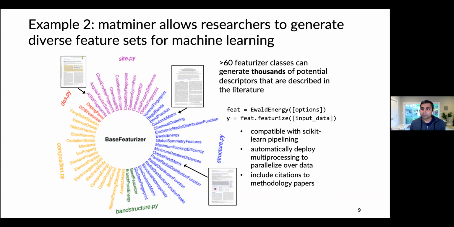The types of features that you would want to generate really depends on what type of data that you have. So for example, in the yellow over here is a composition class, and this, given any chemical formula, can generate different types of features, like electronegativity differences, a one-hot encoding of the element fraction, a featurizer related to the Miedema model for alloy energies. So there's lots of different types of feature sets that you can get just with the composition.